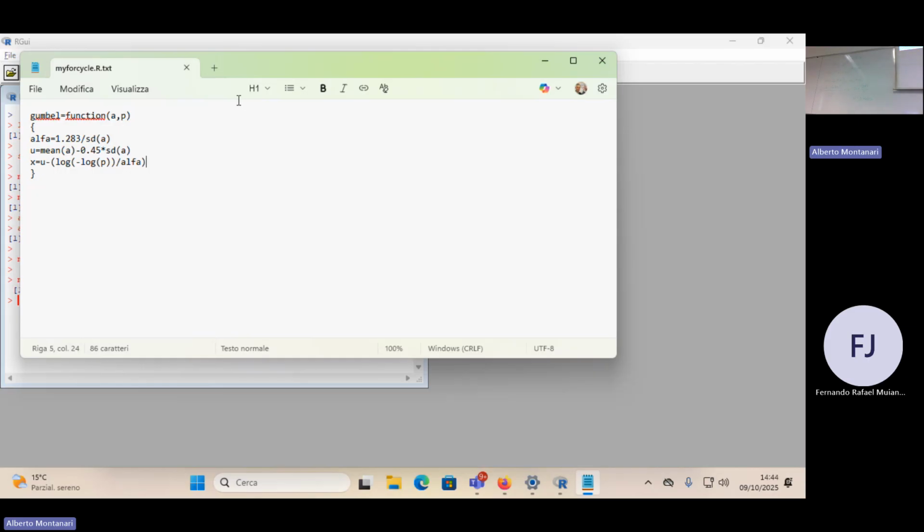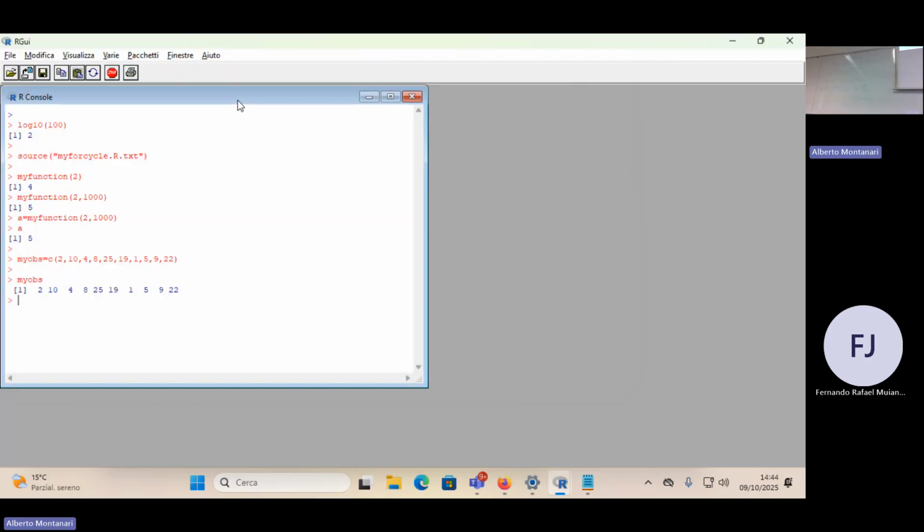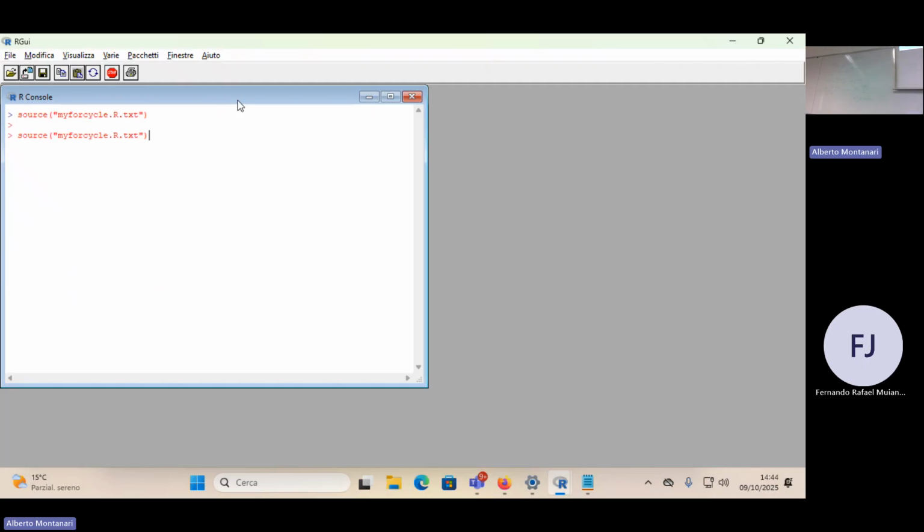I save it, okay. And then I go to R. Let me clear the console. And let's source it. No errors for now, okay. So what is the name of my vector? MyOps. Okay, let's try. Gamble, MyOps, 0.99. Okay, before I press enter,